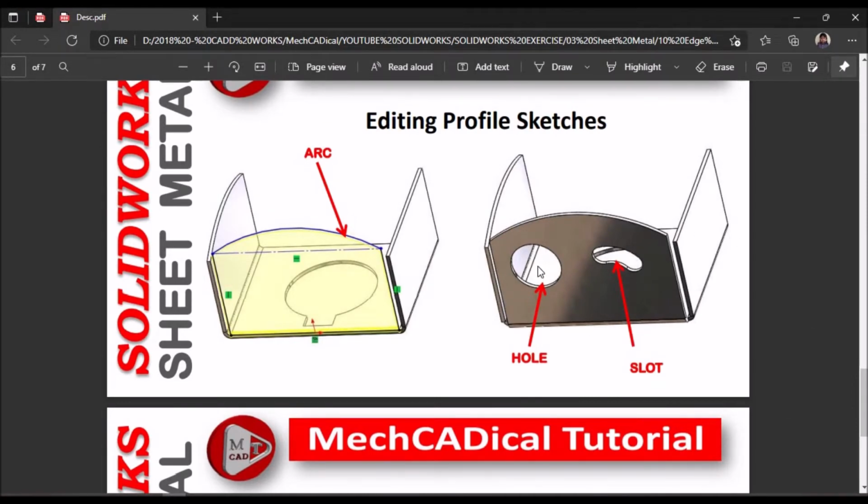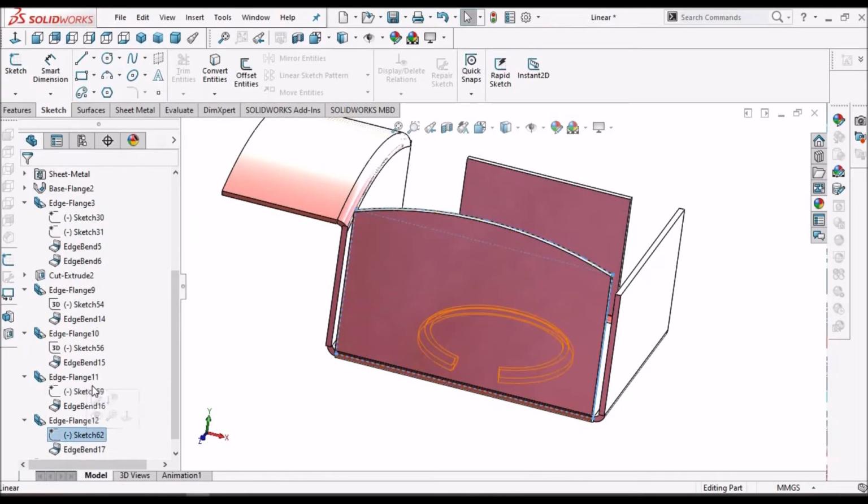Now how to incorporate holes and a slot in the same flange using this sketch profile.